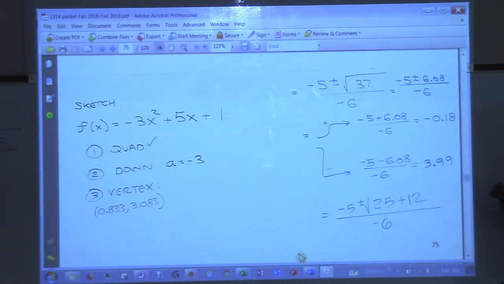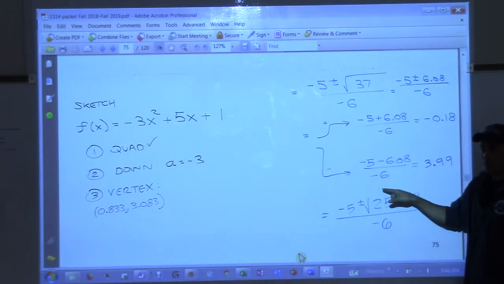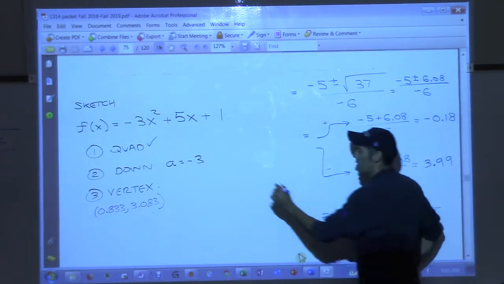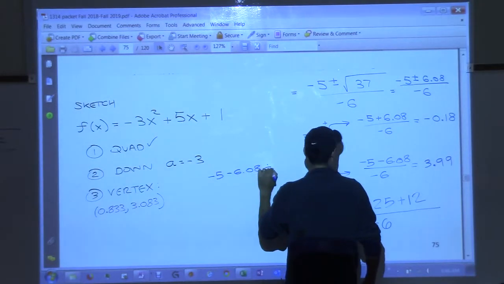No, you're shaking your head. What's wrong? For the bottom one, I got 1.85. You got 1.85. Okay, so Milena, let me ask you, did you try and type it all in at one time? Okay, I'm glad you did that because I don't want y'all making that mistake on the test. If you type in -5 minus 6.08 divided by -6 just like that,